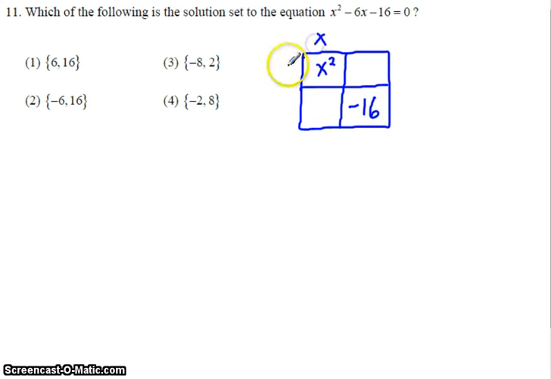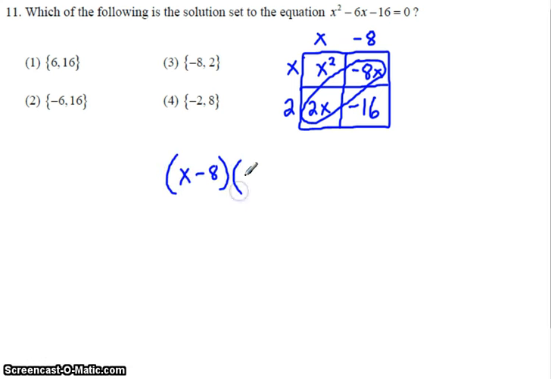I know this is going to be x, and I've got to figure out how I'm going to multiply to get negative 16. I think it's going to be negative 8 times a positive 2, because I see that's a negative 6 in the middle. So let's see, negative 8 times x is negative 8x. I've got x times 2, or 2x. And when I combine like terms here, I get negative 8x plus 2x gives me negative 6x, so I know I got this right. So to rewrite this in factored form, it's going to be x minus 8 times x plus 2